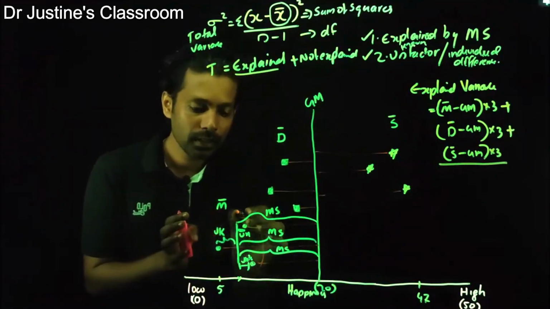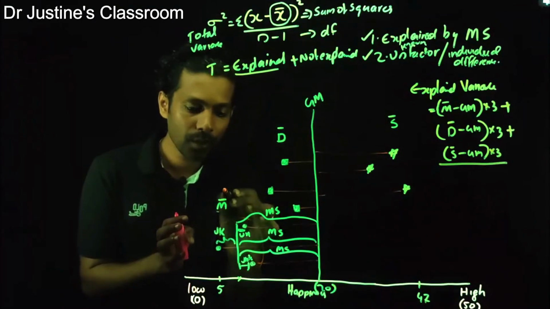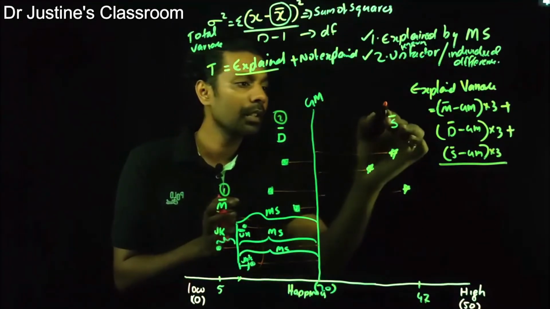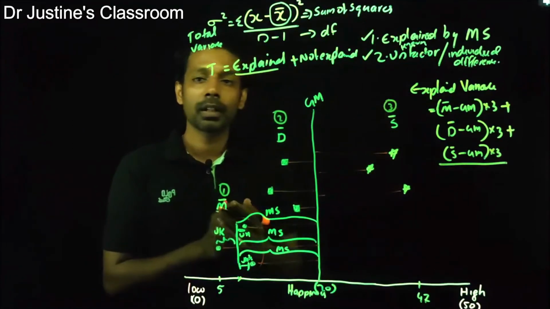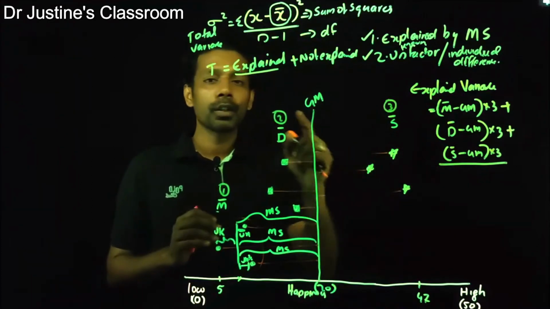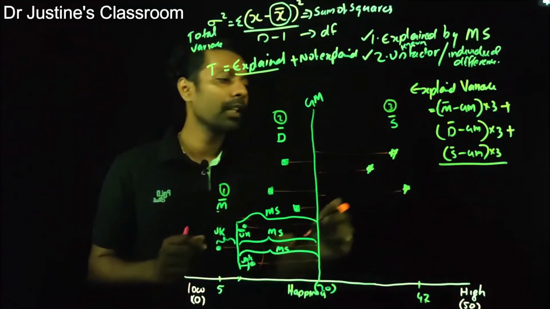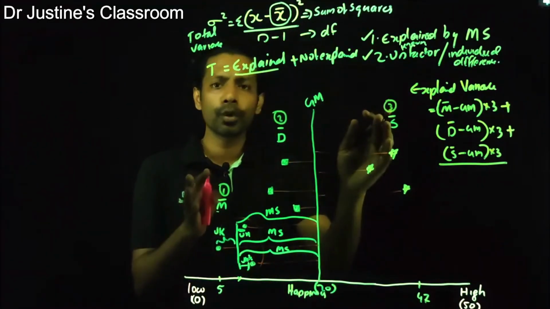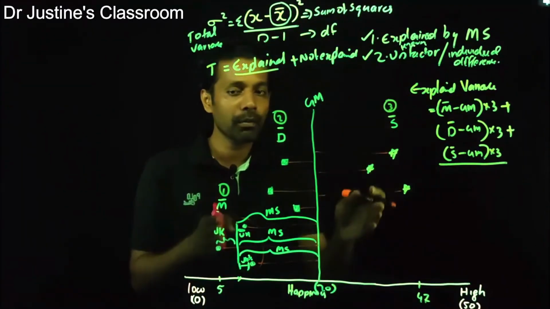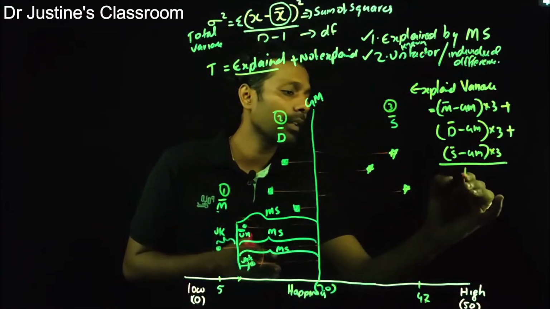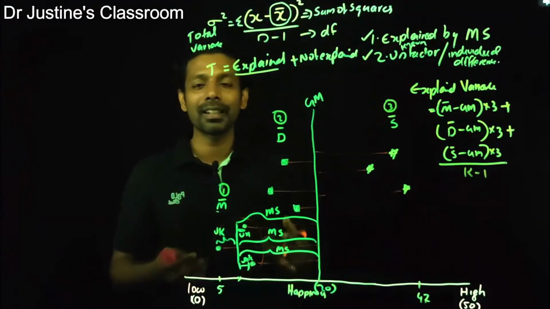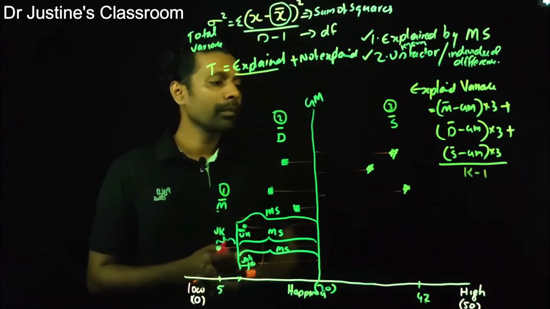That means this grand mean is one observation, you have a second observation, you have a third observation. So you have 3 observations here, and when you take the degrees of freedom, you subtract one value from that. So let us say number of groups, 3 minus 1. Instead of that, I'm saying k, number of columns or number of groups, k minus 1.